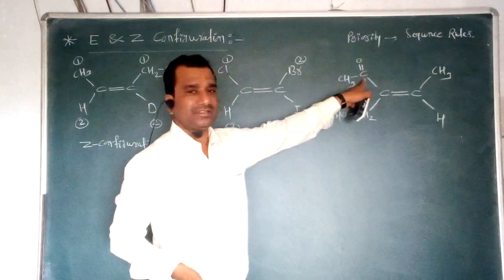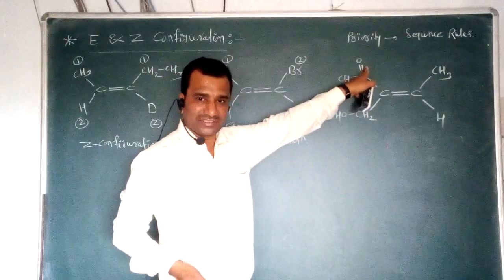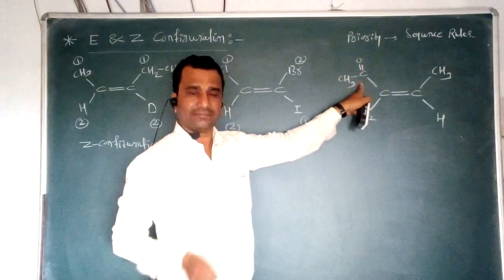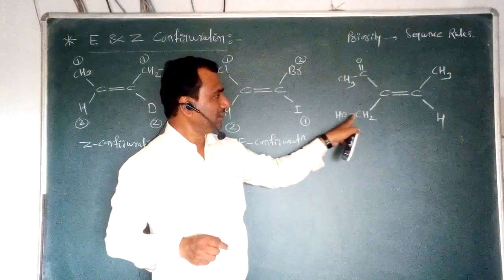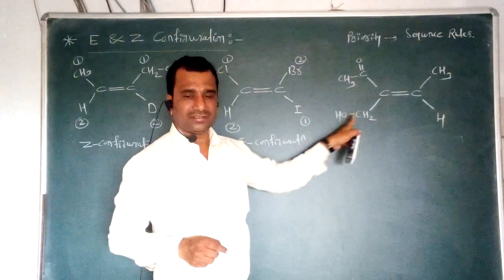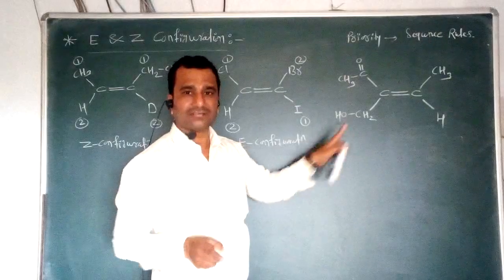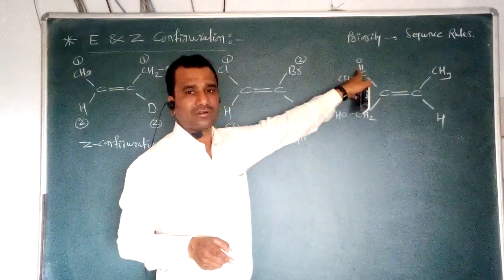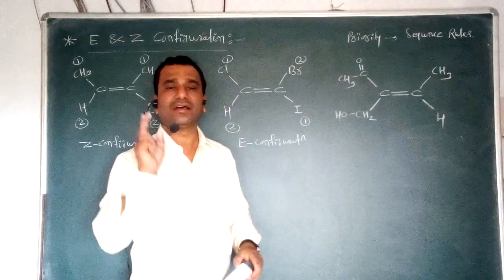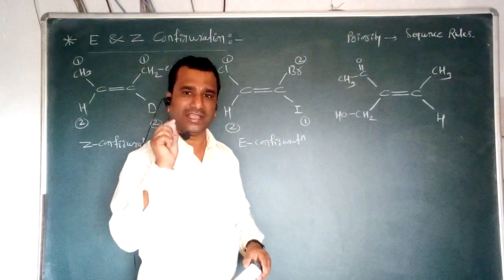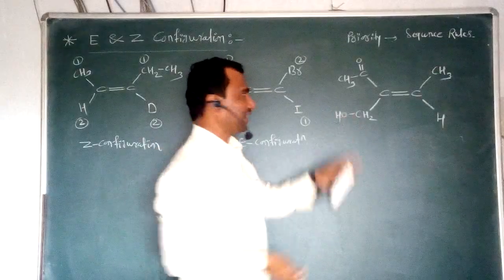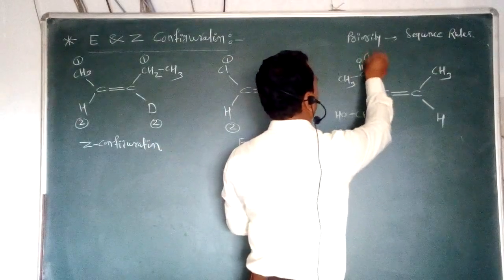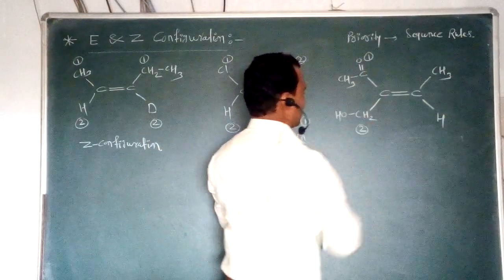So to this carbon, a carbon double bond oxygen is there and one methyl group is there. At the same time, in this case, only two hydrogen and one oxygen is there. So if we compare both these groups, what happens? Due to the carbon double bond oxygen, we can consider here the two oxygen atoms. So in comparison to this CH2OH, it gets the highest priority of 1, while this gets the second priority.